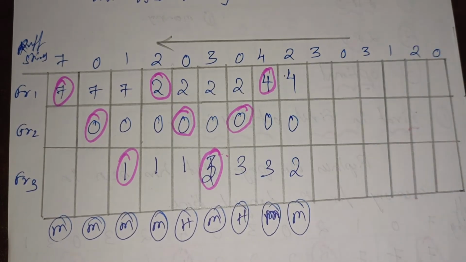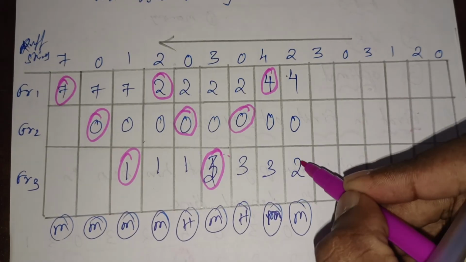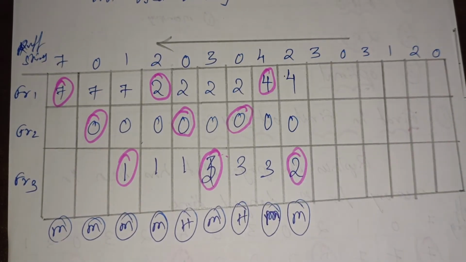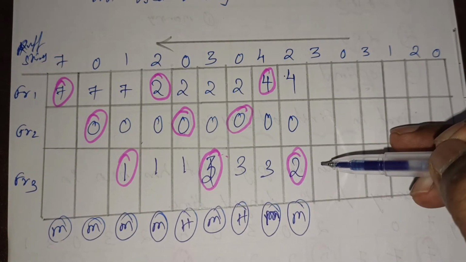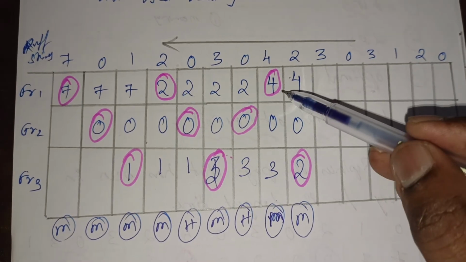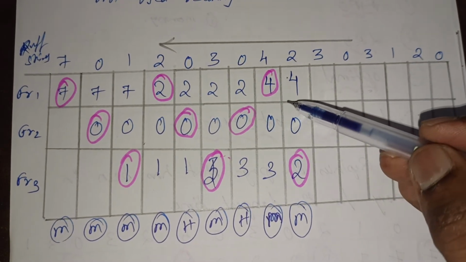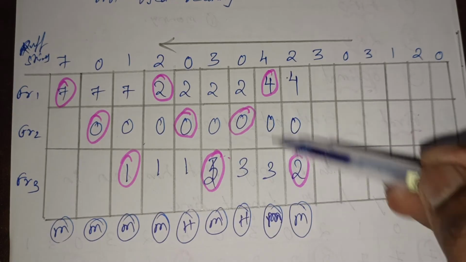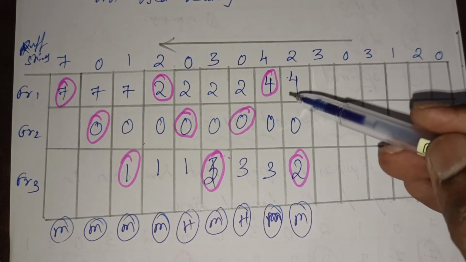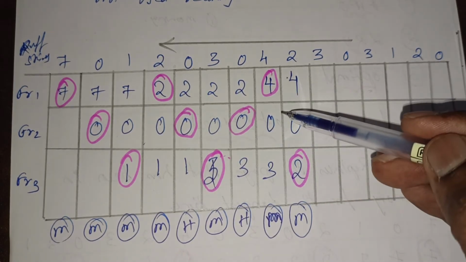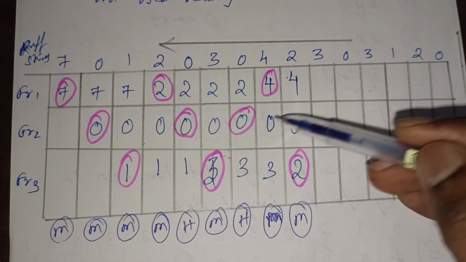Now 3 will be replaced. No, I'm going to mention 2 is recently used. Okay, now 3 is coming inside. So comparing to this, which one is not used recently? 0 is not used recently, you can check it. 2 is used recently, comparing to 0, 4 is used recently, and 0 is not used recently, you can check